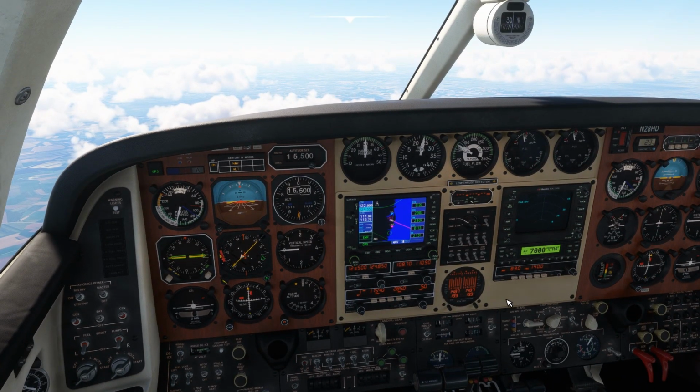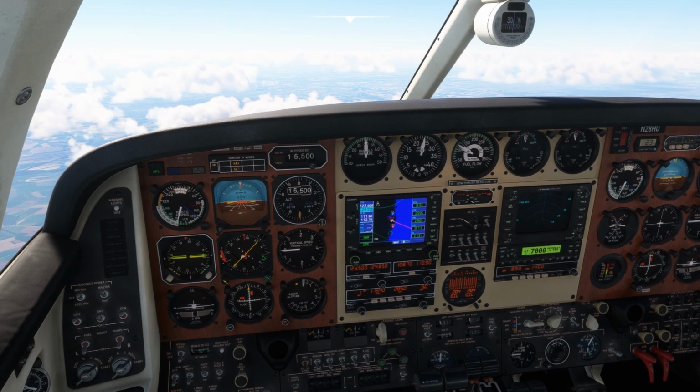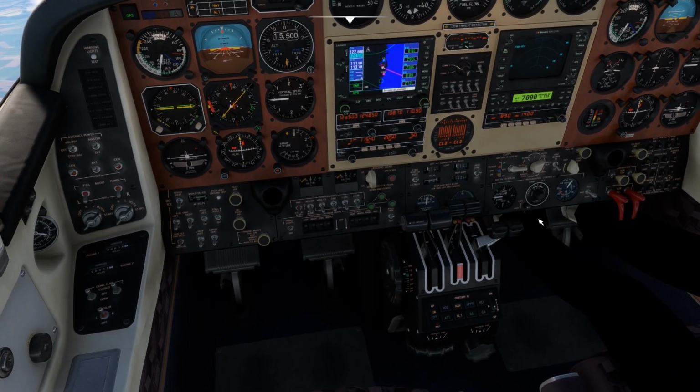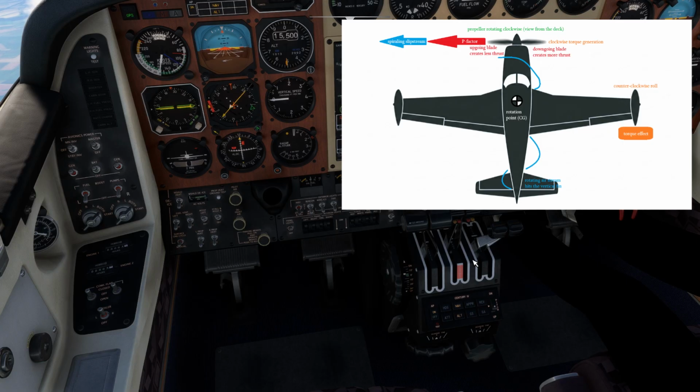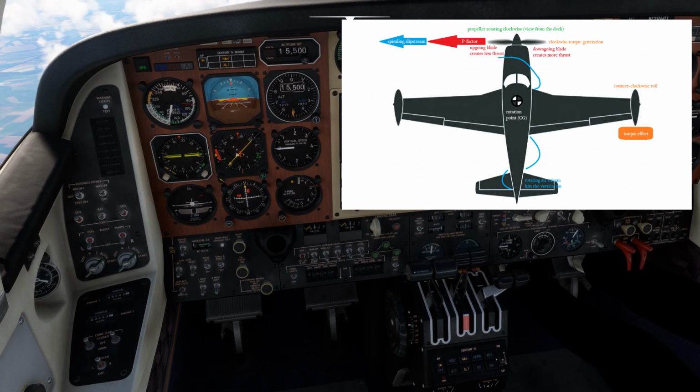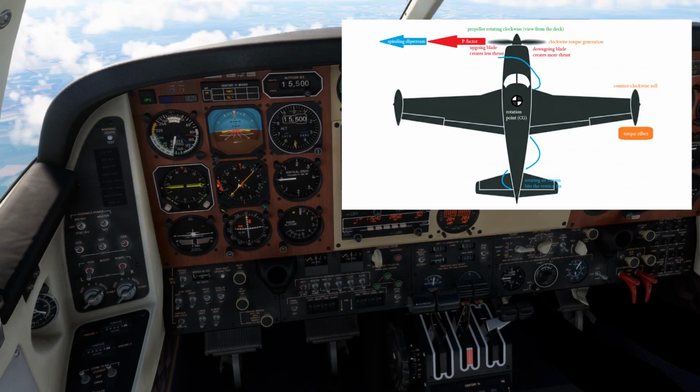Before going into two-engine, two-propellers quirks, let's review the one-engine ones. As a propeller rolls to the right, it forces the aircraft to roll to the left whenever it's creating torque. Second, during high angles of attack, the downgoing prop blade will create more thrust than the upgoing one. This P-factor creates a yaw moment that tries to turn the plane to the left. And last but not least, propeller wash will create asymmetric forces on the vertical stabilizer, adding to the left yaw